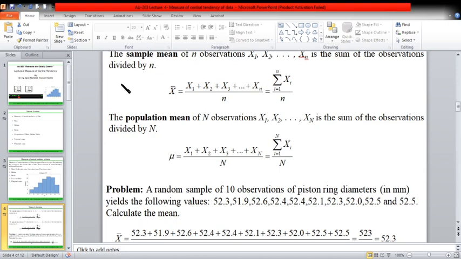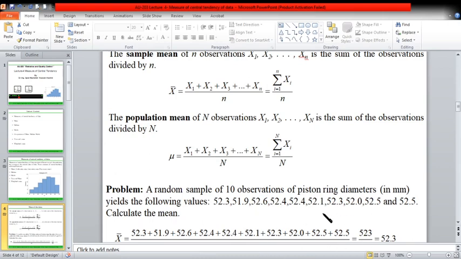So we have to apply this formula for calculating the mean. Here it is just mentioned mean, but the mean to be calculated is from the sample. So from the given statement, one needs to find out whether it is a sample mean or a population mean. Here it is a sample mean, and what you need is to take the sum of x, the sum of all the observations. There are 10 observations, and divide by 10, so you will be able to calculate. So keep in mind this